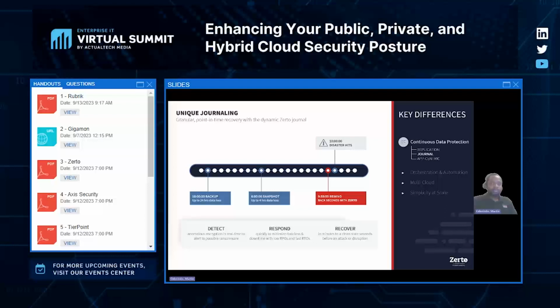It's like you're watching a football game on a DVR and you might have missed a play. You want to go, oh, let me go back 5 seconds. So for example, if you're hit with a ransomware attack at 10 a.m., it's very easy to roll back to 9:59 and 55 seconds and completely mitigate that infection. And I don't know about you, but I'd rather lose 5 seconds than say 24 hours.